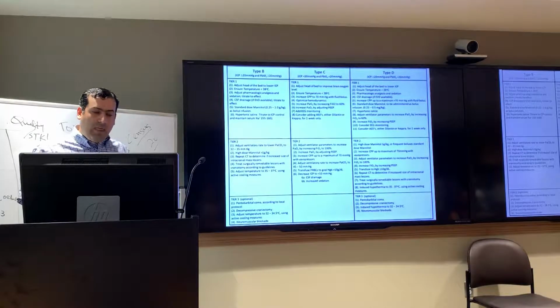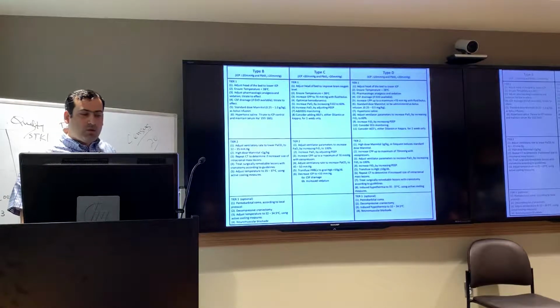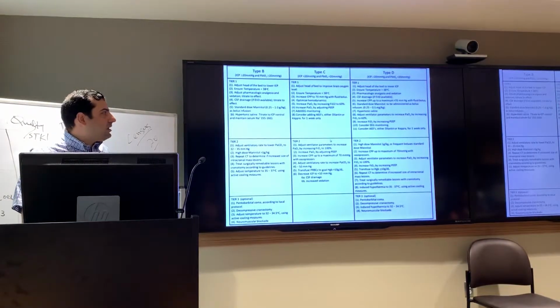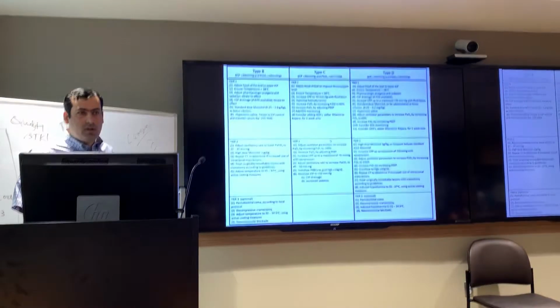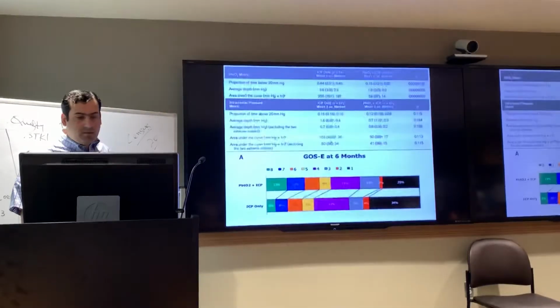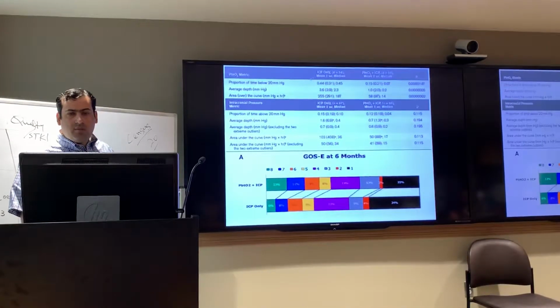It's a bit complex. We may not always necessarily go down the same route and the same order they had, but it's a study, so they protocolized it. You can see it's complicated. There are a lot of factors in it, and a lot of it is left to the discretion of the providers at bedside. So the outcomes, if you compare the ICP only with the ICP and oxygenation group, the proportion of time